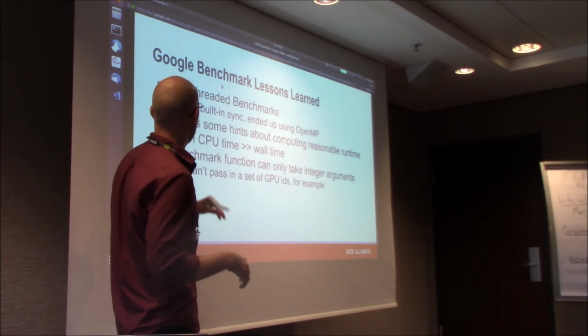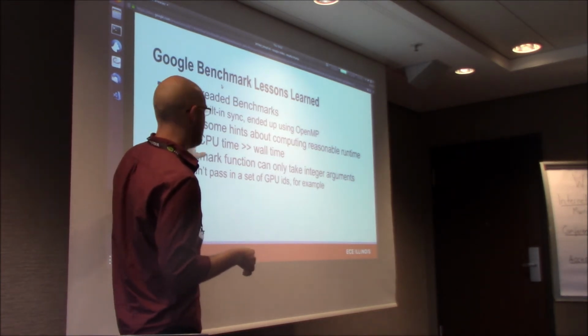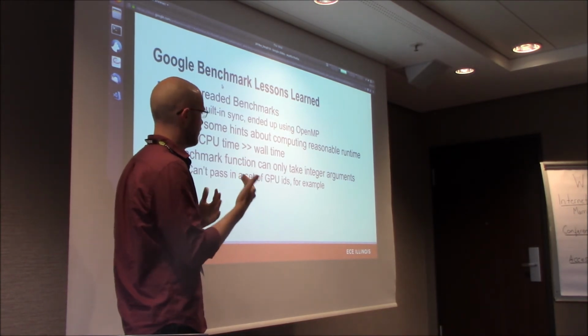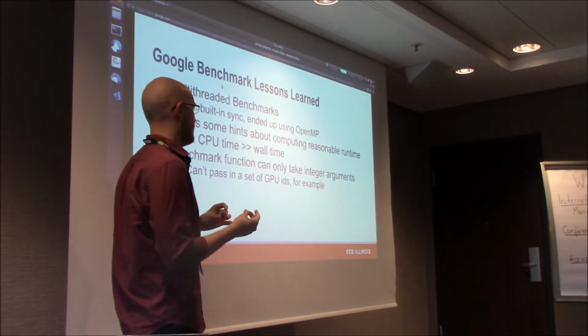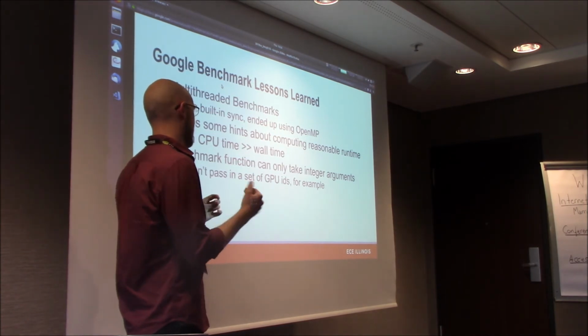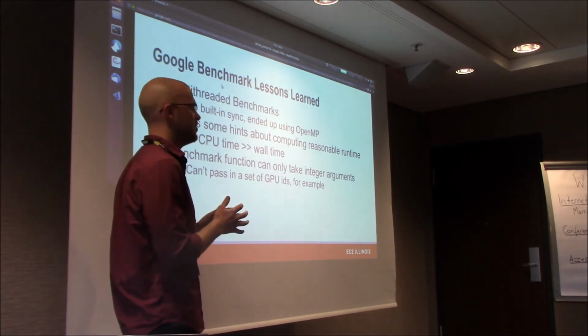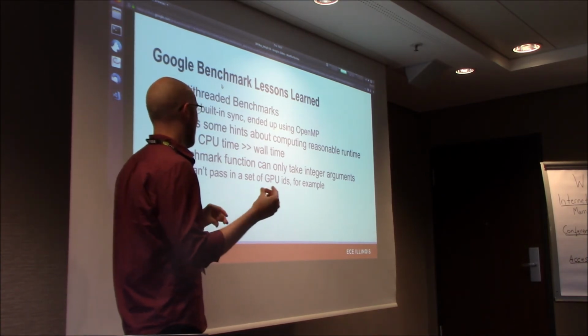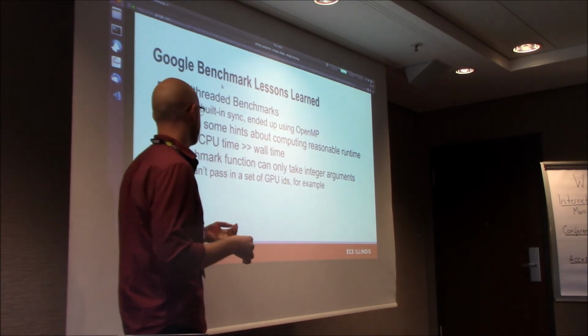I also found that when the CPU time your benchmark consumes is much greater than the wall time, for example if some driver process running behind the scenes also consumes CPU time,